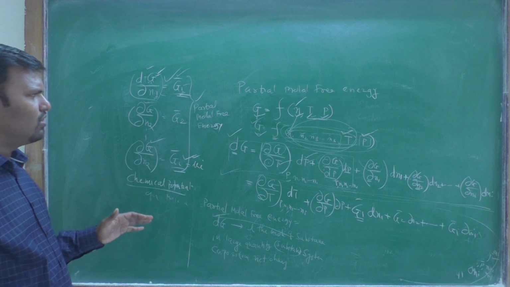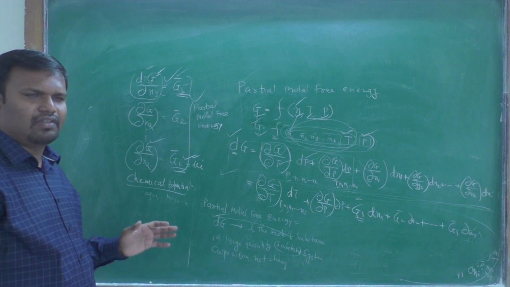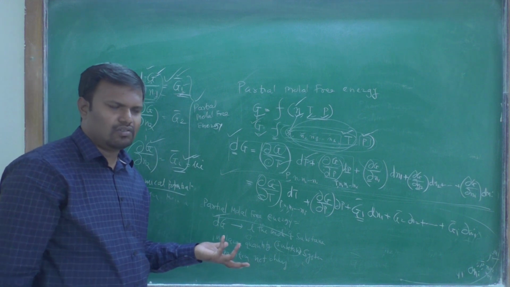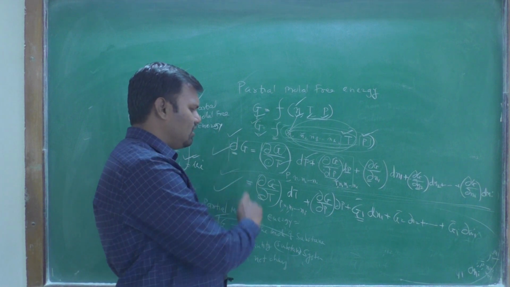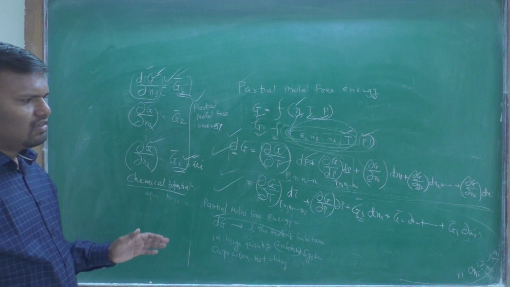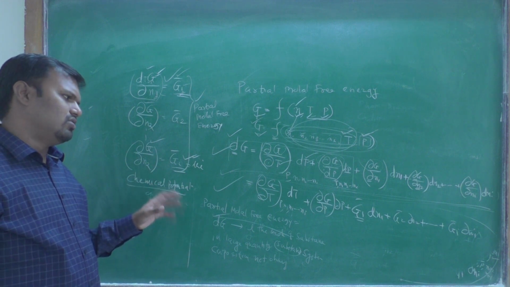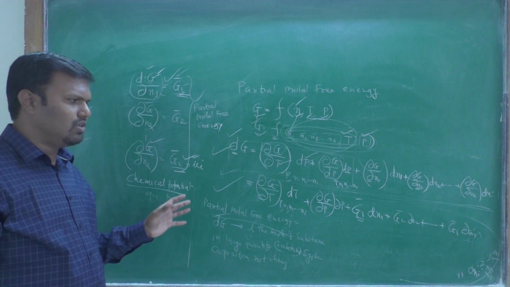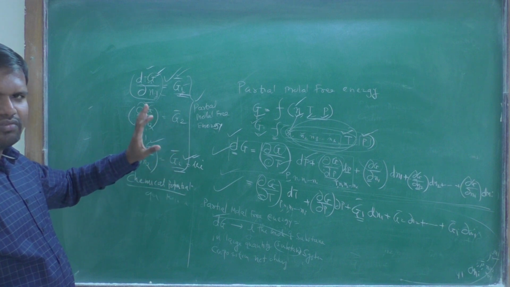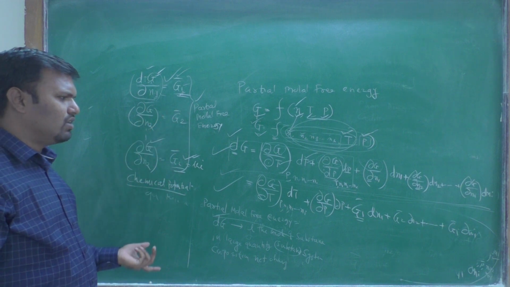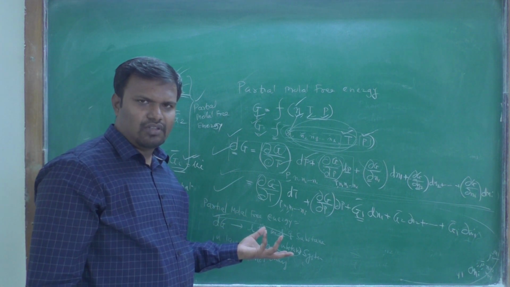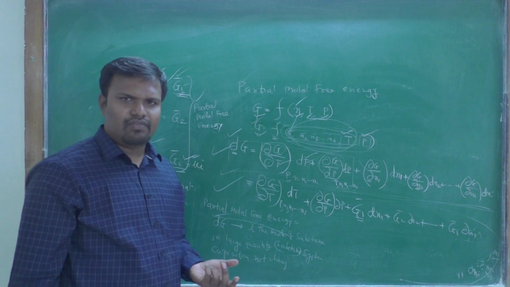Okay, this is all about the meaning of partial molar free energy and how we obtain its equation. This is not a very difficult equation. There are only terms added. Nothing else is done to the equation. We just put in this equation the G1, G2 and Gi values as the partial molar free energy. This is all about the partial molar free energy.